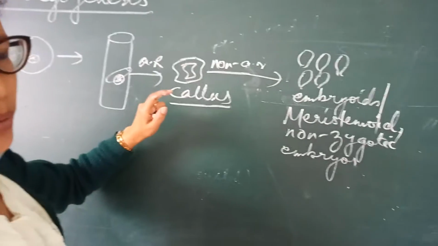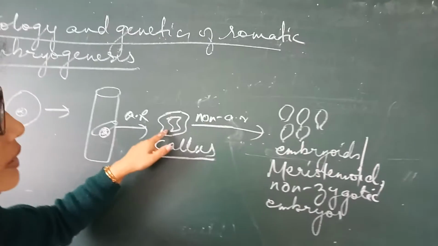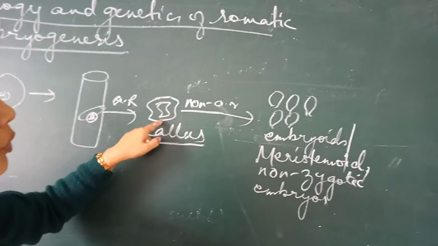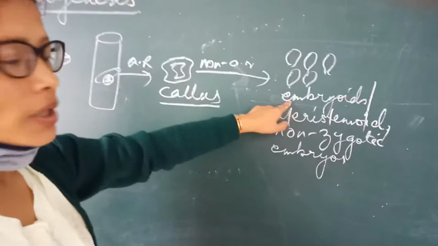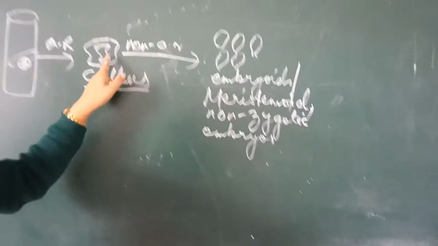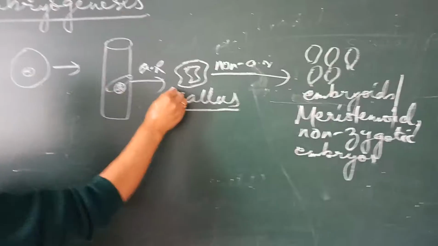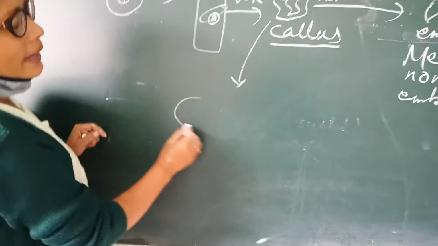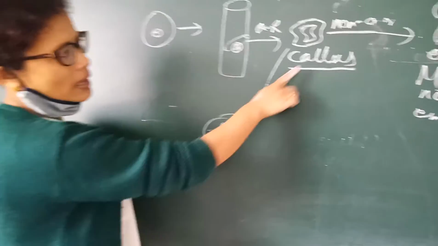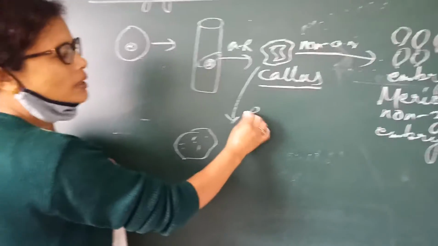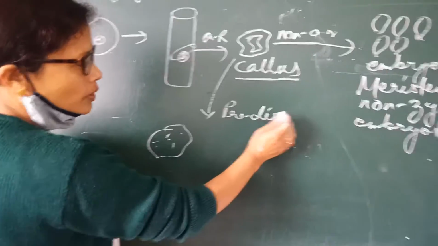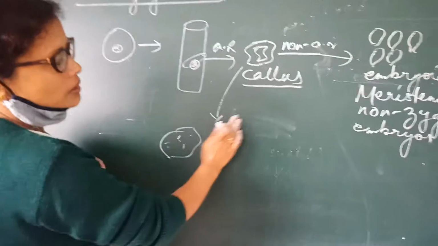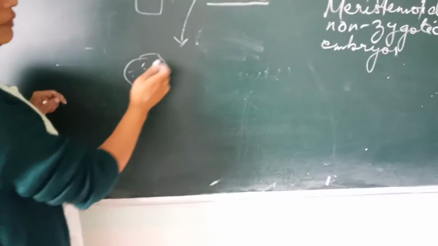Does it give some information to a biotechnologist that it is going to give rise to an embryo-like structure, that is, the embryoids? It has been seen that a callus which is predestined to give rise to an embryo